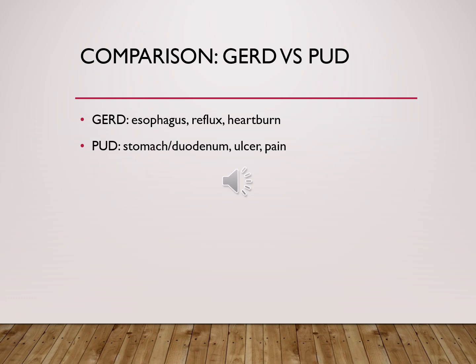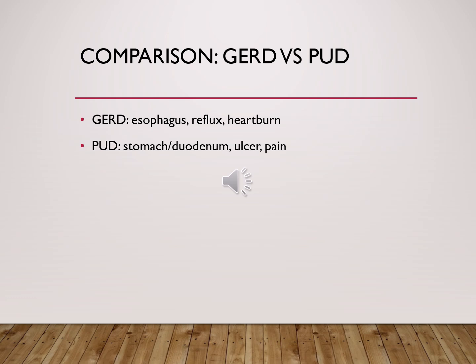If we see the comparison of gastroesophageal reflux disease versus peptic ulcer disease: gastroesophageal reflux disease, esophagus, reflux, heartburn; and peptic ulcer disease, stomach, duodenum, ulcer pain. This is the comparison of